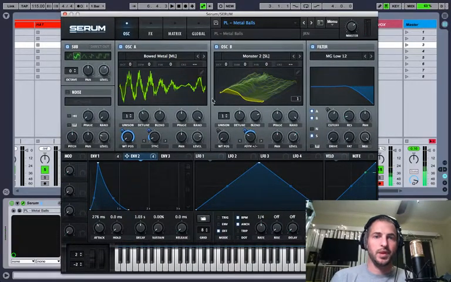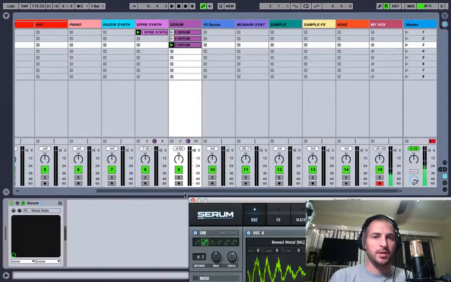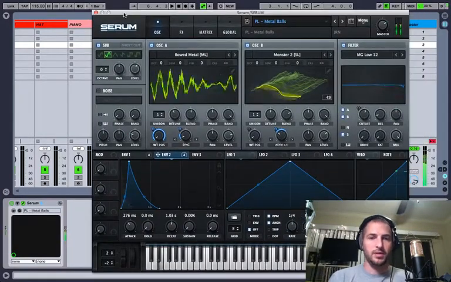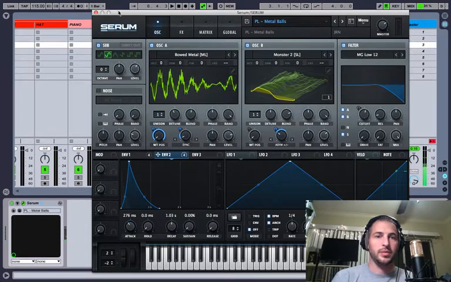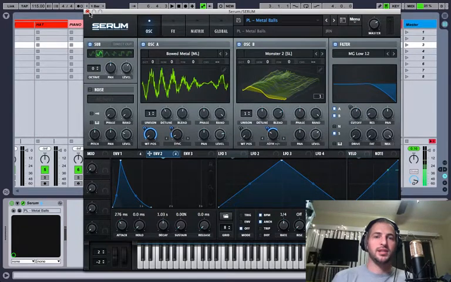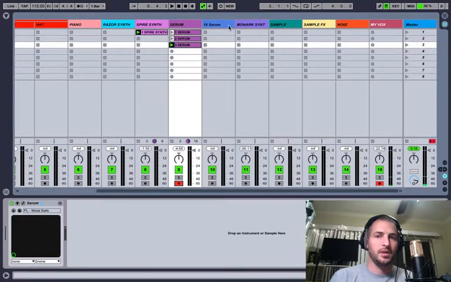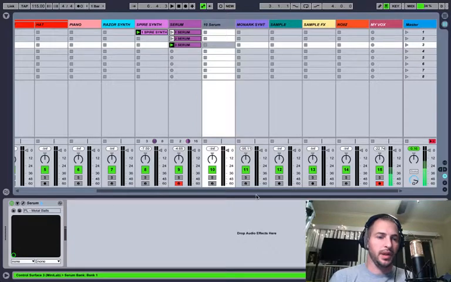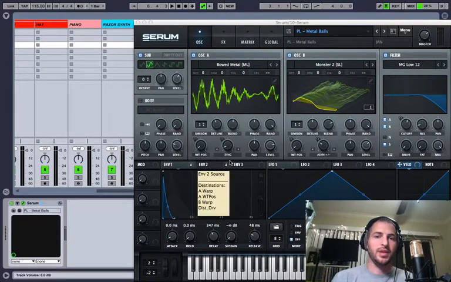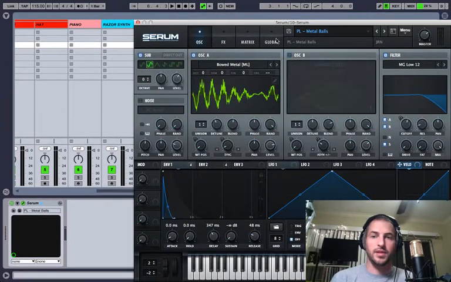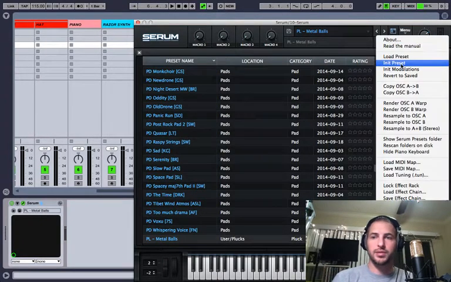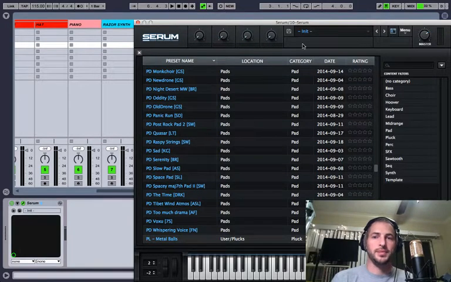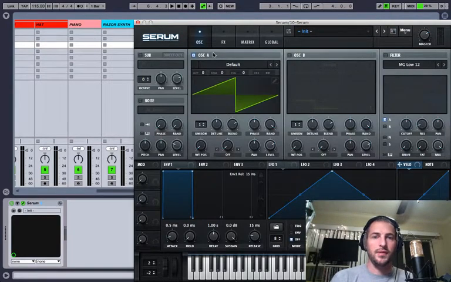So this one is pretty cool. So I'm able to get that kind of boingy sound out of this. One way to do that is adding modulation to the wavetable position. If you're not familiar with what that is, I'll show you in one second. So I'm going to go back to load an initial preset, and on this oscillator here,